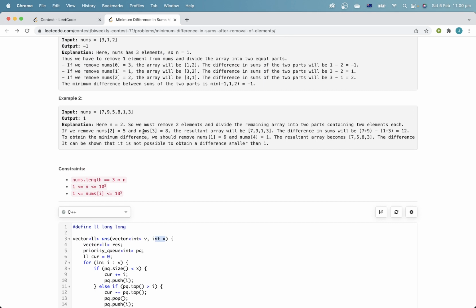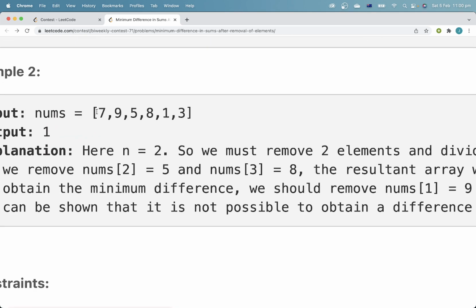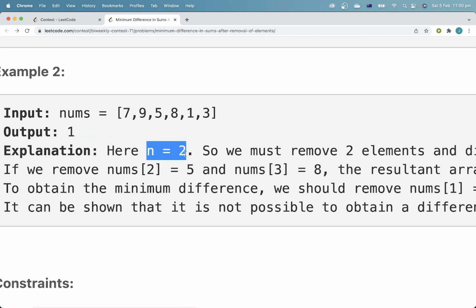Basically, let's consider an example with n equals 2. When I get to my first prefix, we haven't considered any elements, so I would have to take this 7, and then this 9. But when I get up to this third prefix, I see that this 5 is better than this 9. So I would kick out this 9 and put in this 5. And then if I got to this 8,